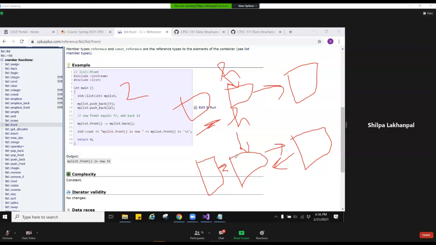What if I'm using a dummy linked list implementation? Is it still order one? Yes, it's still order one because dummy is just one extra node at the head, and adding at the head just means adding over here somewhere.